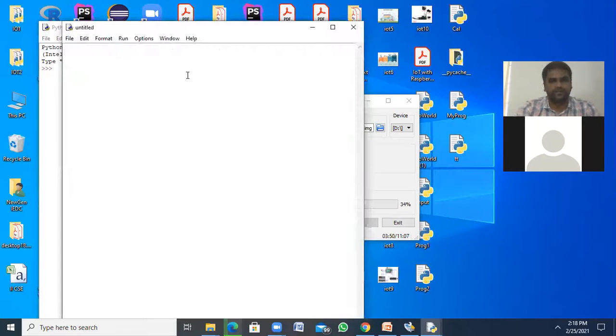We're going to write one program. If I want to write some function program, because any program we write in Raspberry Pi is in terms of functions, we write def.